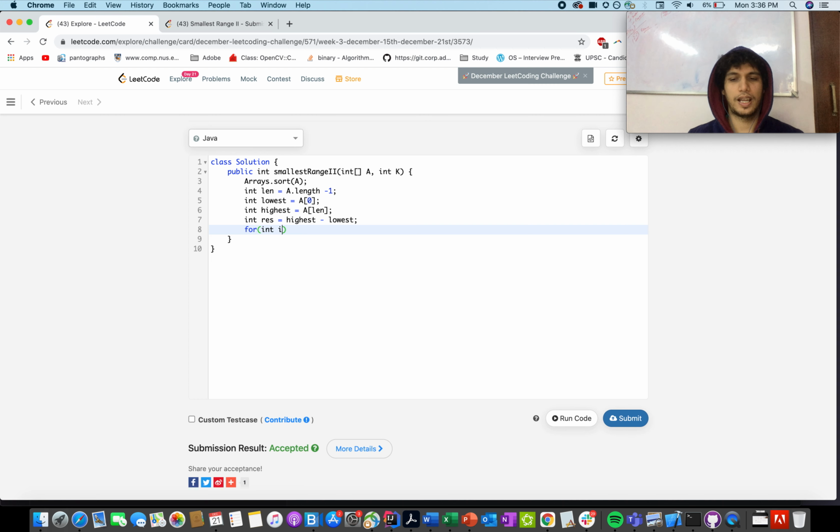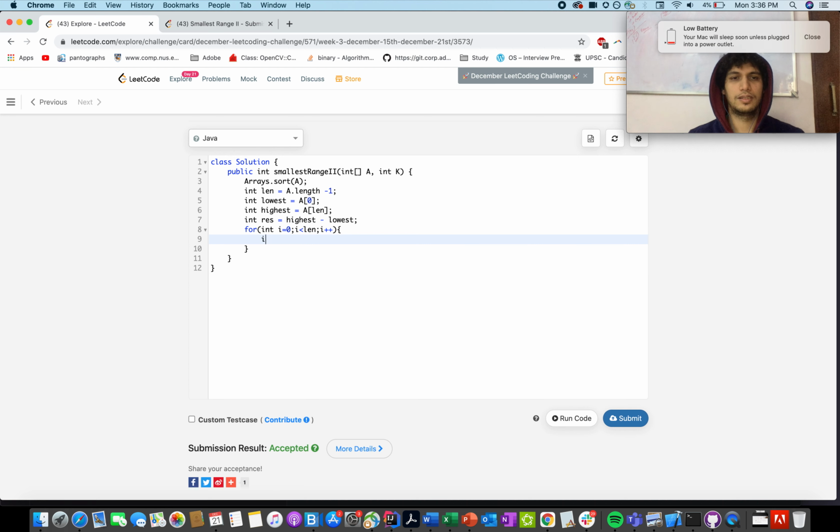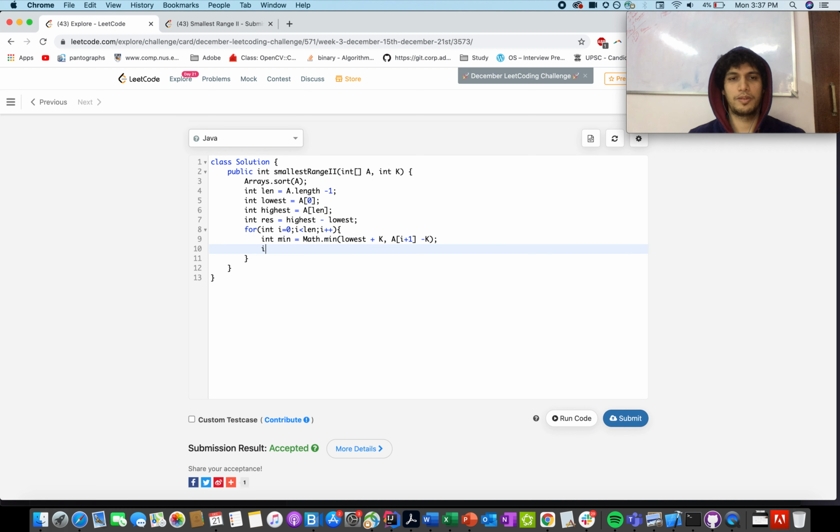So for int i equal to 0, i less than len, i plus plus, you'll find the minimum out of it. Math.min. What is the candidate for the minimum value? It's lowest plus k as discussed, comma a of i plus 1, going to the next element, and then subtracting k from it. That could be one possibility.